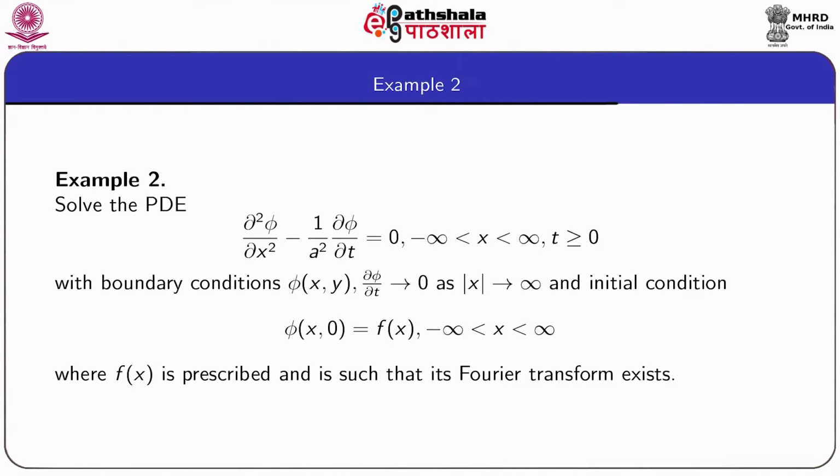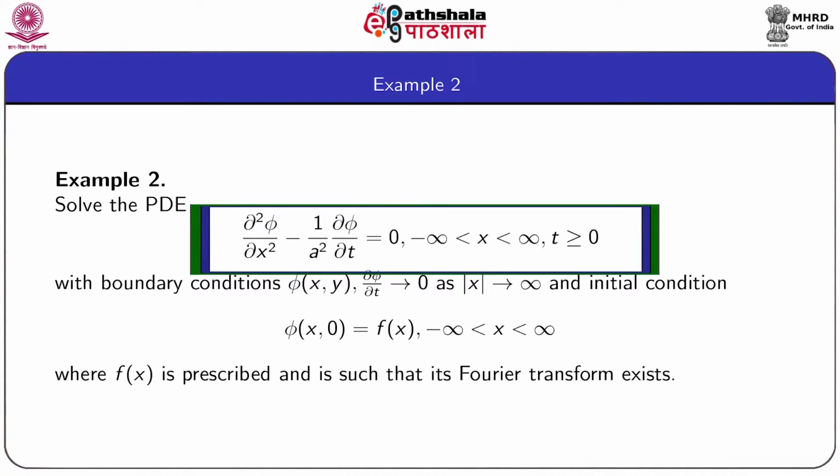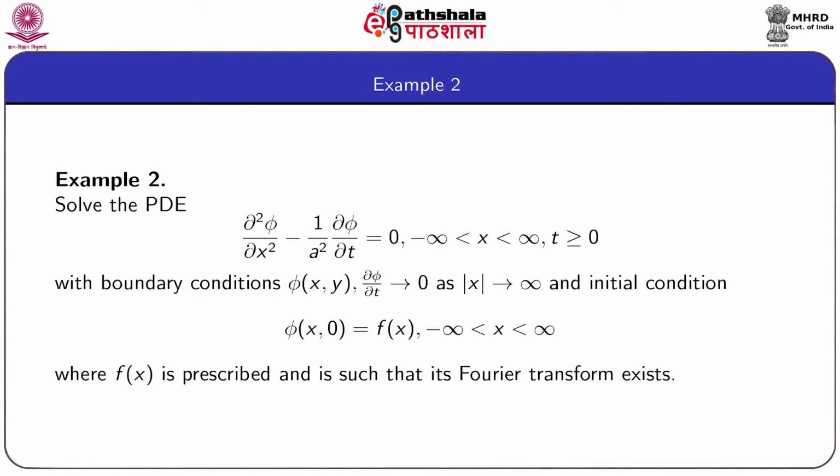Now we come to example 2. Here we shall solve the partial differential equation in phi(x, t) given by del square phi by del x square minus 1 by a square del phi by del t equal to 0, where x ranges from minus infinity to plus infinity and t greater than or equal to 0. Here a is a constant and the boundary conditions are